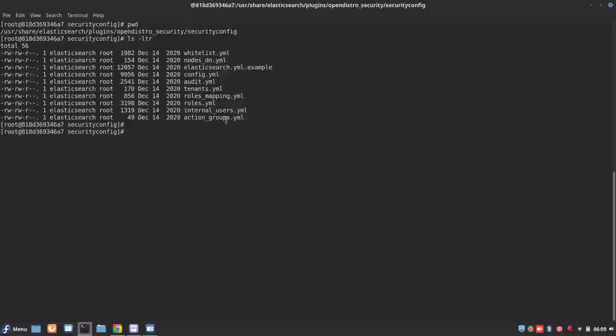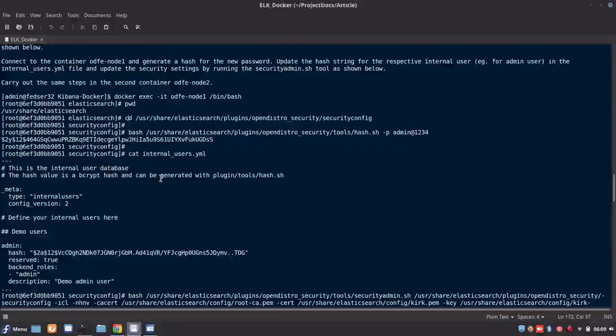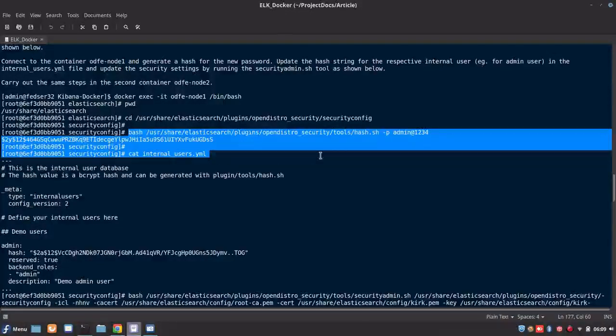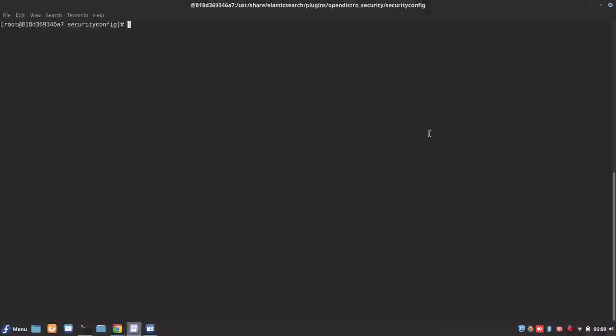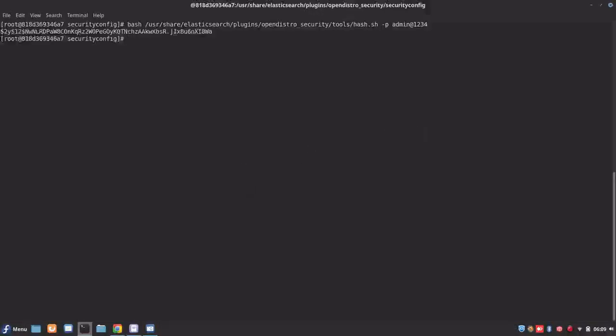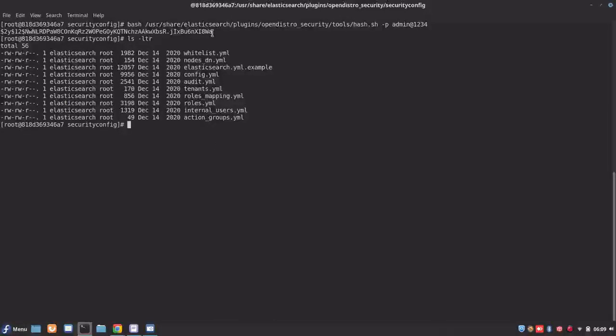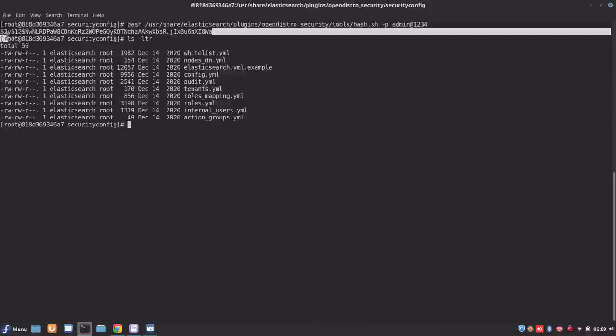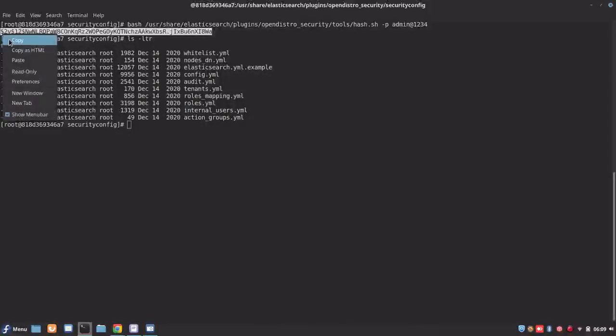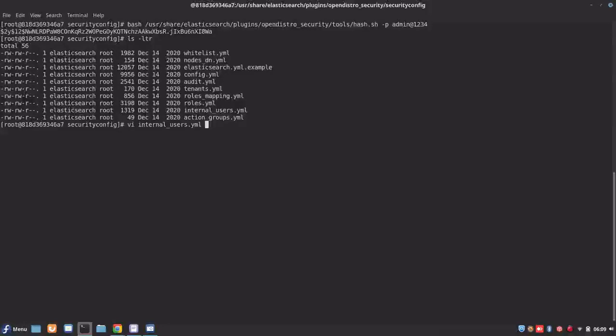Here you can see the internal user file is still not updated, so we need to update it here also in the second container. For that purpose, we will carry out the same steps that we carried out for the first cluster. First thing is we need to generate the hash. I'll copy this hash value and update it in the internal user file.